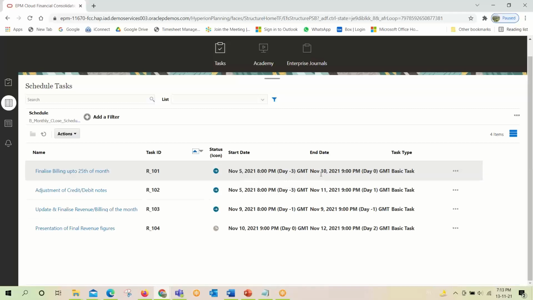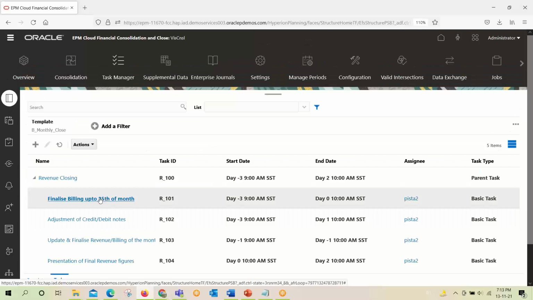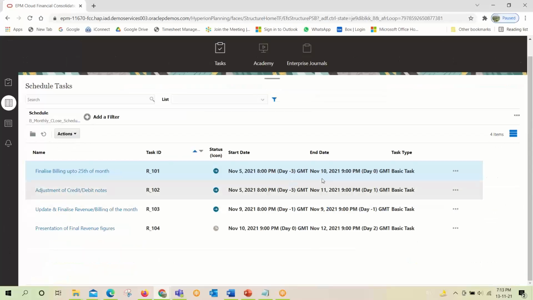The start date is November 5 and the end date is November 10, because we have given the duration as -3 and 0. Hence the scheduling helps us to provide the exact date for this basic task.